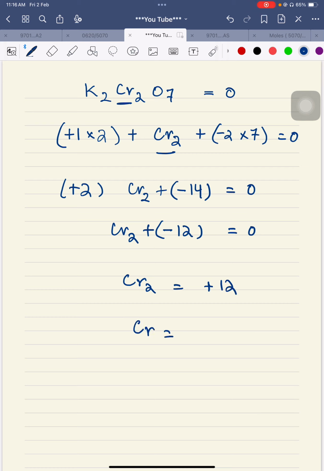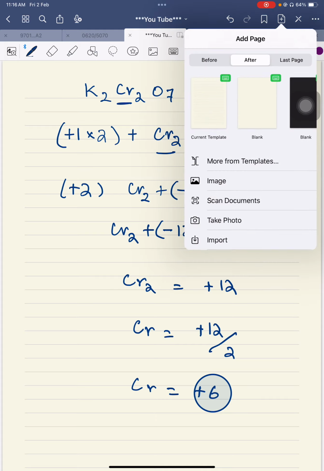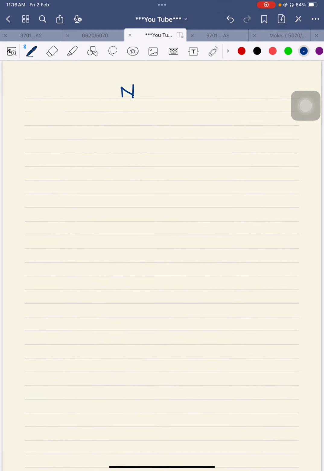And when this Cr is alone, it is plus 12 divided by 2, because it is Cr2. So it is like this, and it will become Cr is plus 6. So this is how we are calculating the oxidation state of an element in a compound. I'm going to give you another example. For example, let's consider